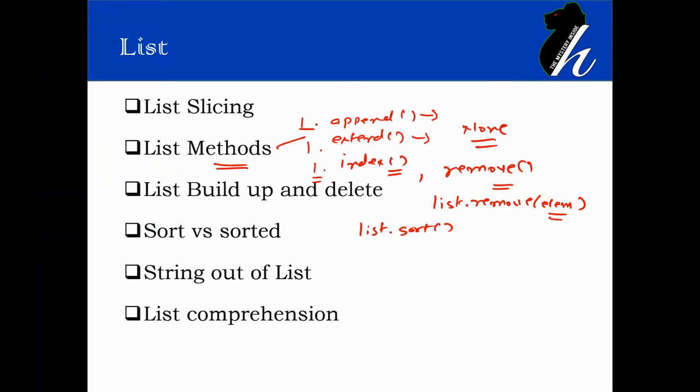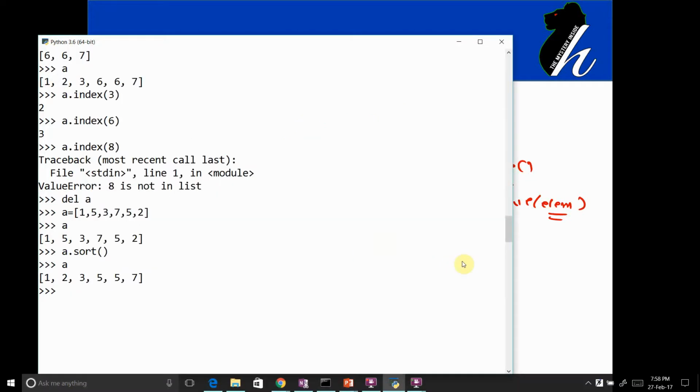Another important method is the reverse method. So it is list dot reverse. Reverse, as the name suggests, is going to reverse the list in place. Once again, none of these methods actually return any value. They return only None. Whenever we apply a method on the list, it is simply going to modify the existing list. So for the reverse method, I have got some A, then A dot reverse.